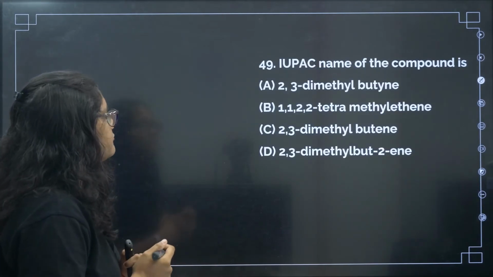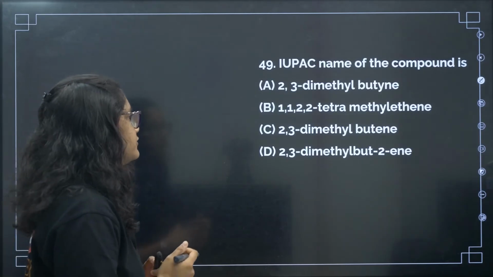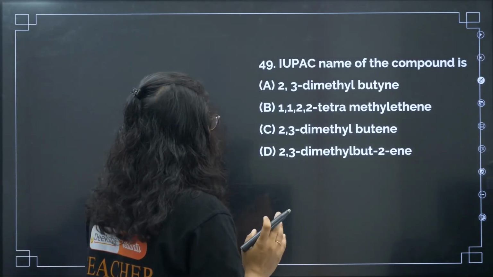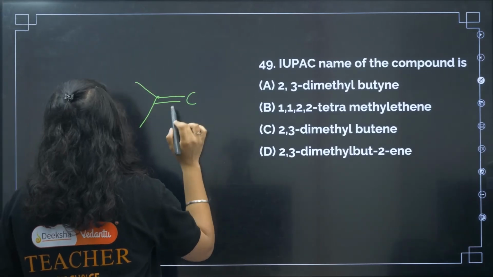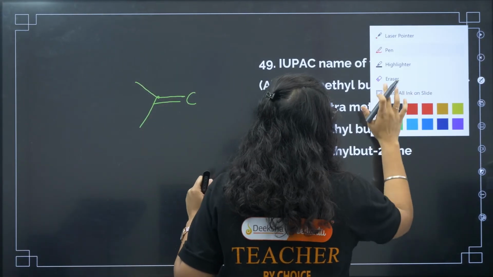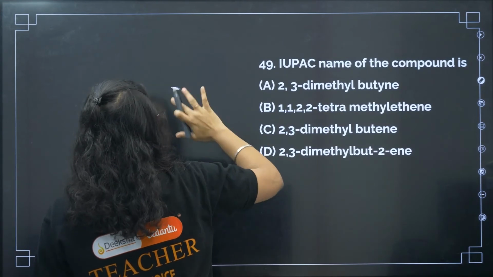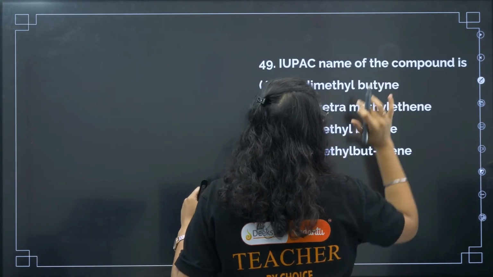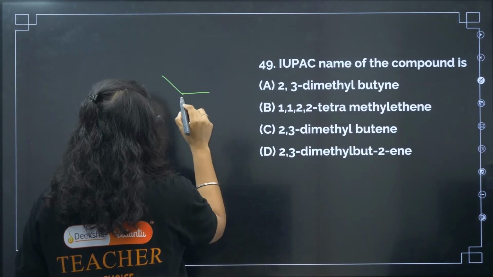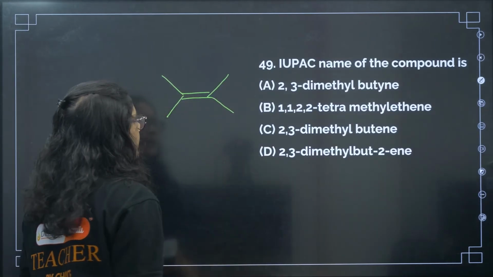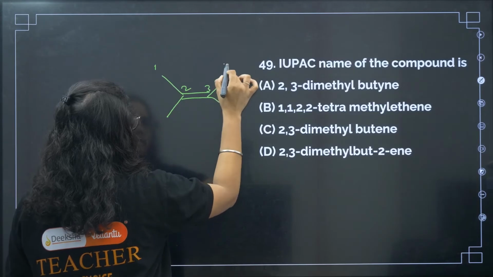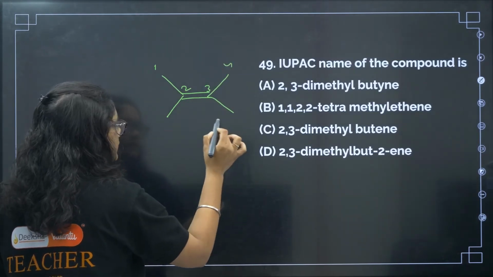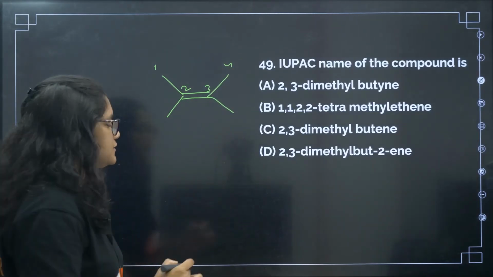Now coming to question number 49, the IUPAC name of the compound. The compound is not given here, so I'll draw the compound that was given in the question paper. It was like this. This is the first carbon, second carbon, third carbon, and fourth carbon. On the second and third carbons we have methyl groups, so the name will be